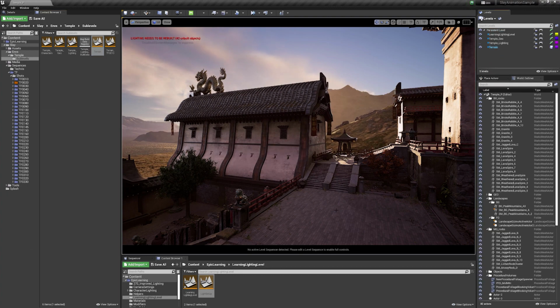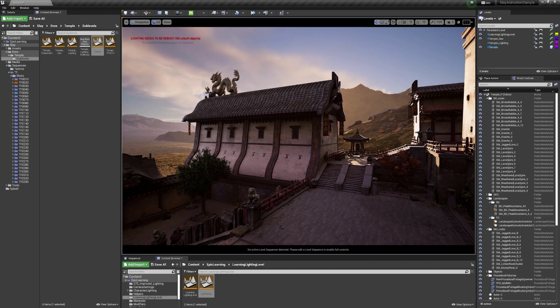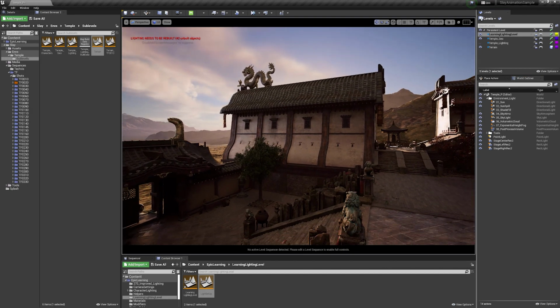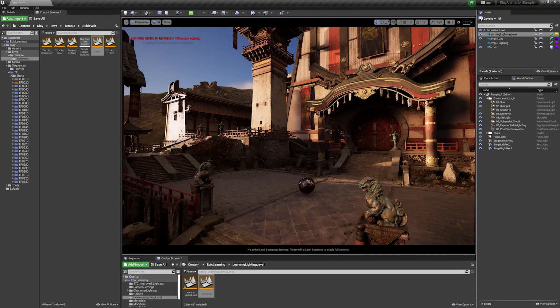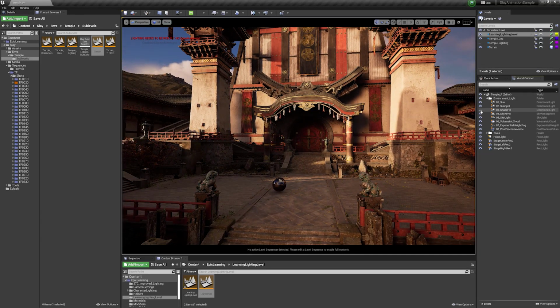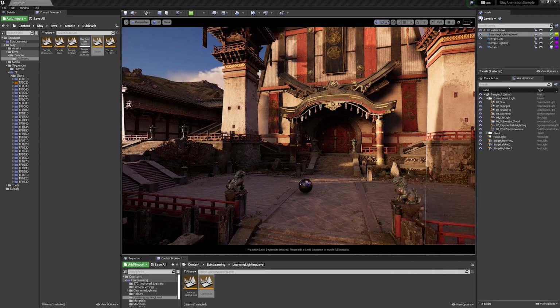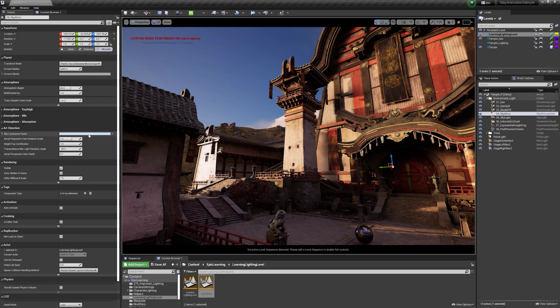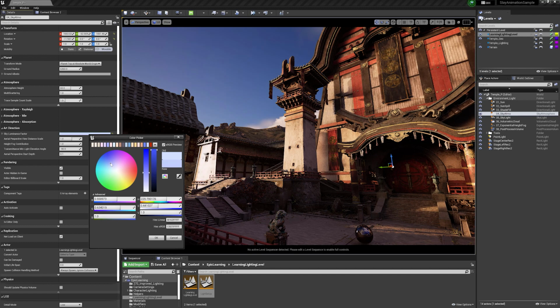And right now it works just to build them in and make sure to revisit them. Depending on your production and how close you are to handoff or not, you'll have to keep track of that and understand if you have the time to be able to come back. If you don't, you're going to need to stick with it and finish it out. But it's oftentimes a good idea to build in your base of everything, work it through, and then come back later as a final pass to make those tweaks to things like light intensity, color, direction, and rotation, tweaks that you want to finalize and spend a little bit more time on.